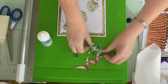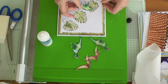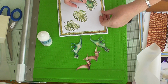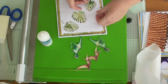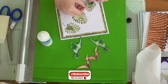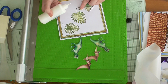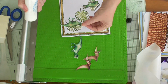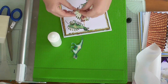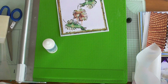Now all I was going to do, squashed them a little bit. So I was just going to poke the dinosaurs through so that they can be coming out of the leaf. I'll cut the tail off like that. So I've done one going that way and the other one is going that way. So we've got two of them coming out the middle. And then this one,